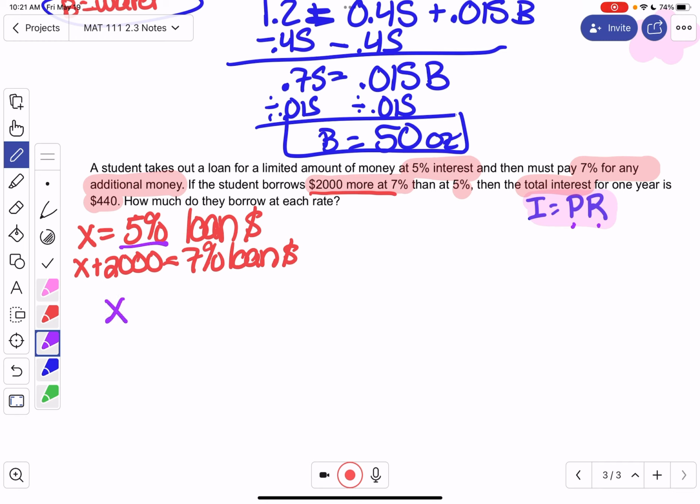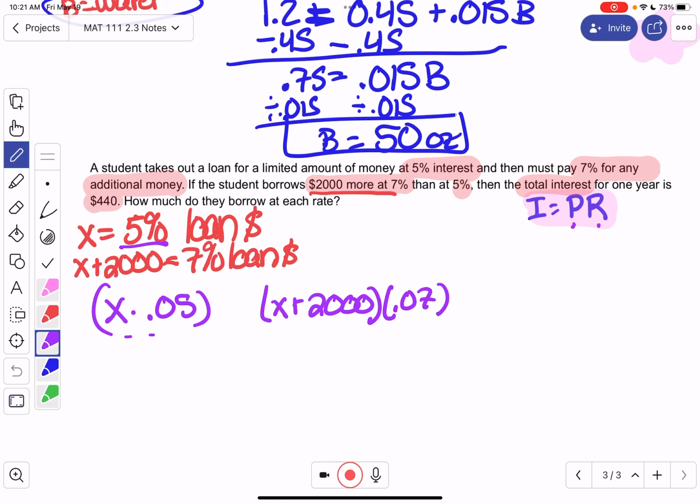So that would be X times 5% or 0.05. The other loan, our principal is X plus 2,000. And that rate was 0.07. So this gives us the interest on the 5% loan and the interest on the 7% loan. And if we add those together, we get our total interest of $440. Now we can solve for